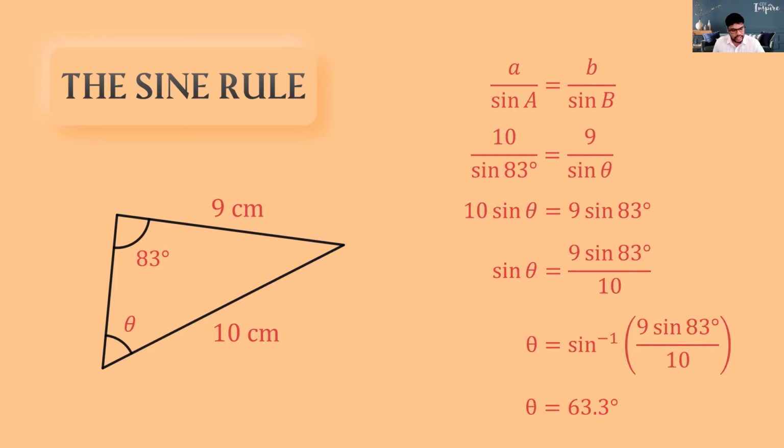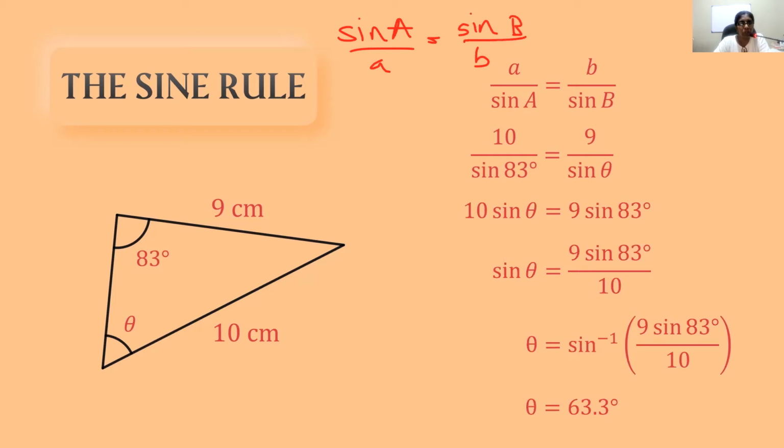Now children, what Dilani teacher is saying here is the sine rule, you can also take it as sine A over A equals sine B over B. So children, if you find this easier, you can use this method, no problem. They are all the same. And then the unknown angle, you can have it as sine theta, sine A, and then the values, it's only a few steps you have to follow.